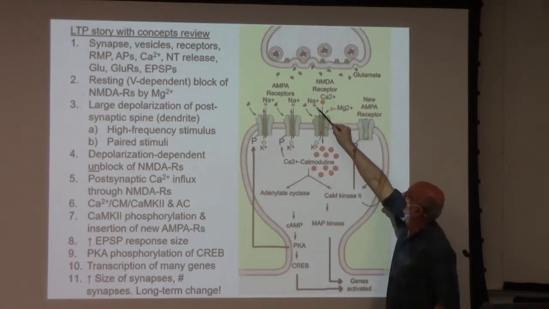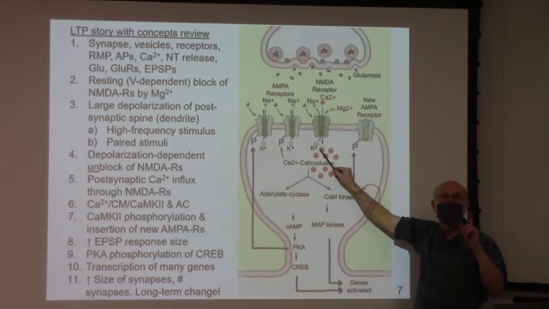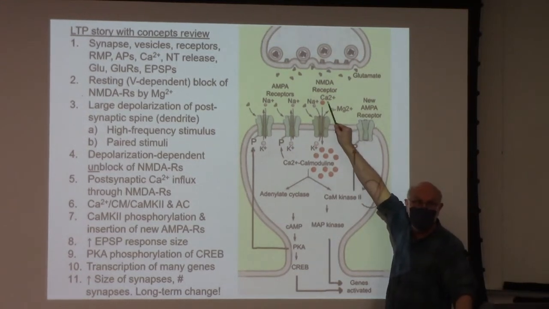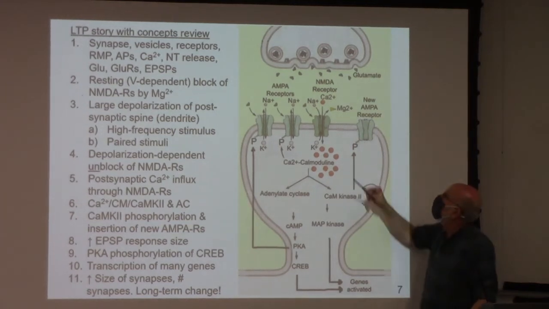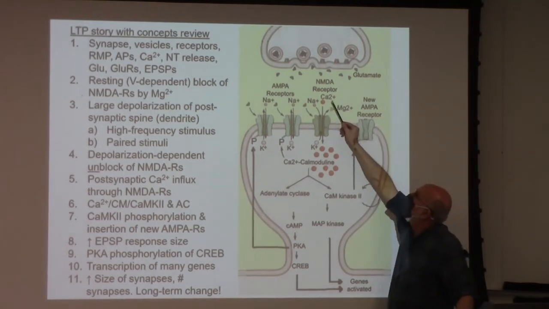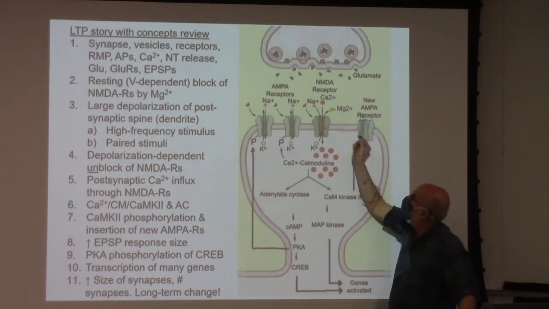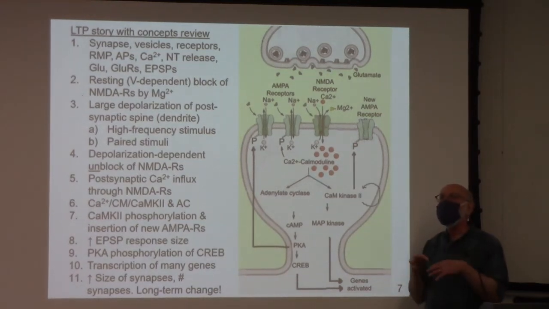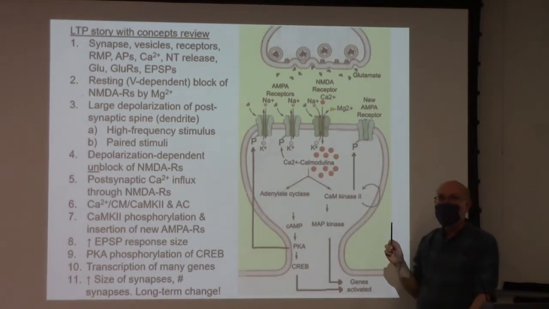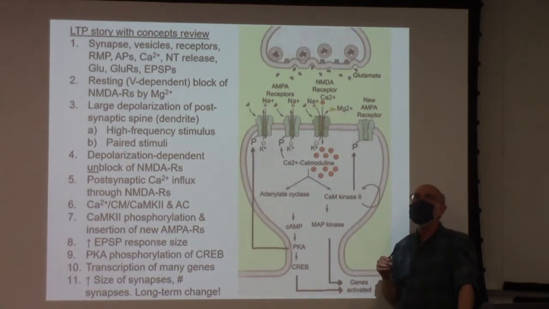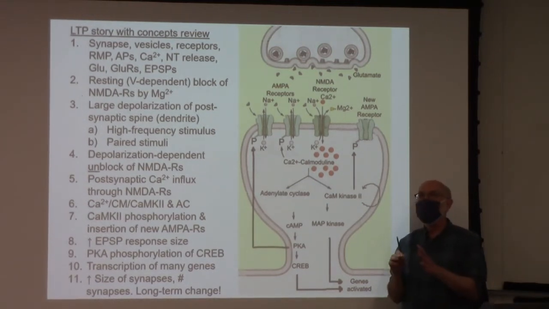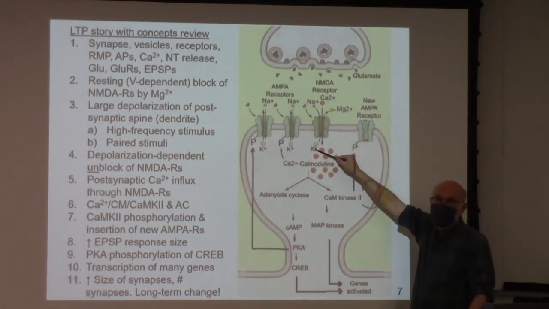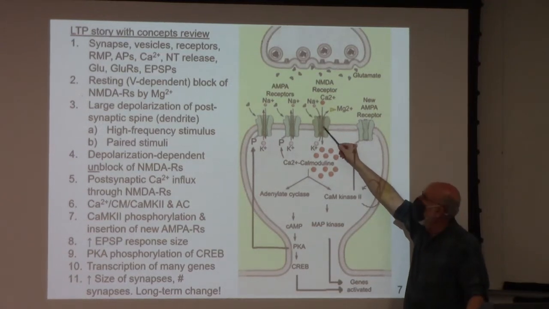Now through this receptor, sodium can flow in, causing further depolarization, but here's the twist. This receptor is also permeable to calcium. It's not a voltage-gated calcium channel, it's a ligand-gated receptor that is permeable to sodium and to calcium, and to potassium for that matter. But calcium flows in. So now we've got a calcium signal. So you might want to say, okay, calcium goes and binds to the IP3 receptors, and that's not the story here. The story here is that calcium is coming in from the outside through this channel and activates